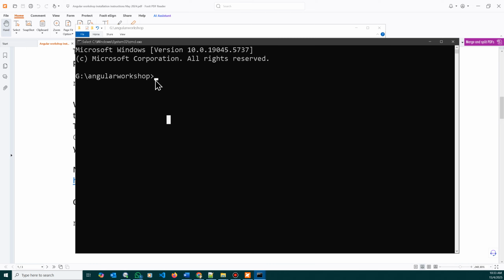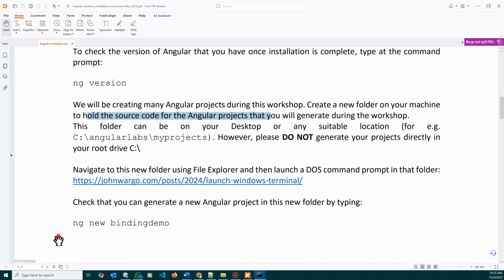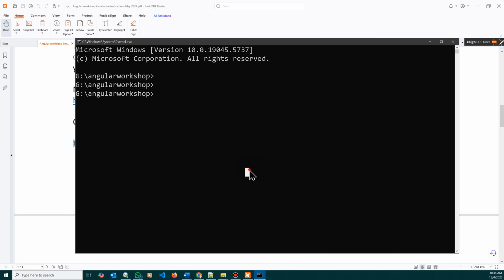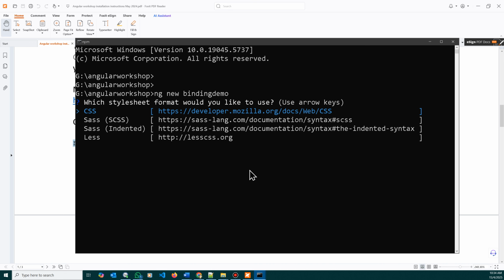So right now in the Angular Workshop folder, I have a DOS prompt open, and in this DOS prompt I am going to type this command to create a new Angular project in that folder. I'm going to type ng new binding demo. Binding demo is the name of the new Angular project. Press enter, and this will kickstart the